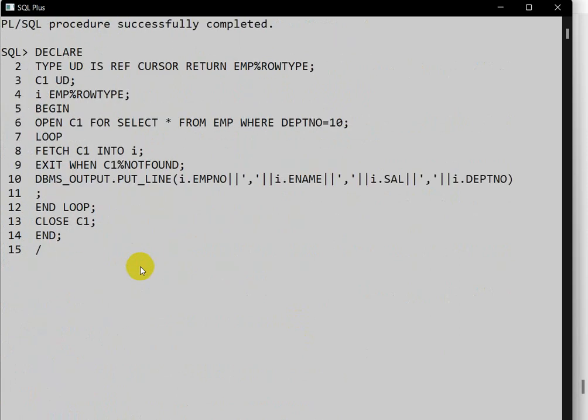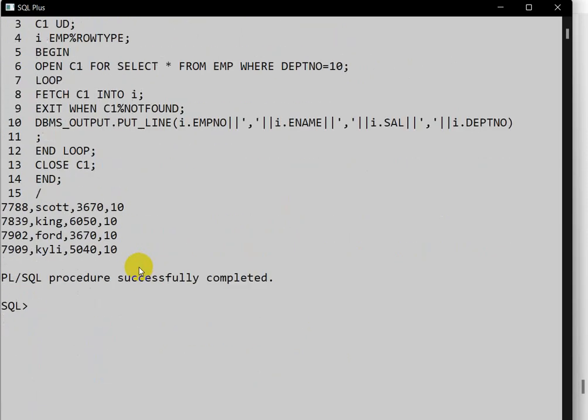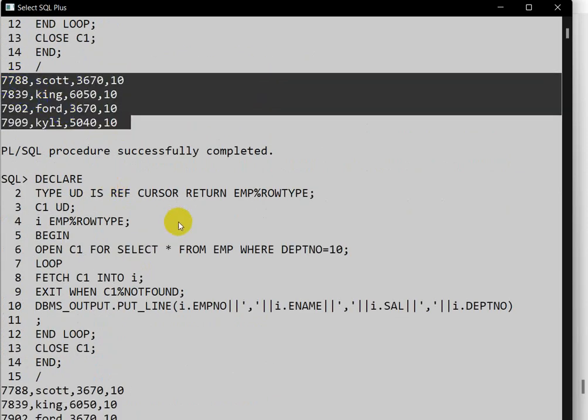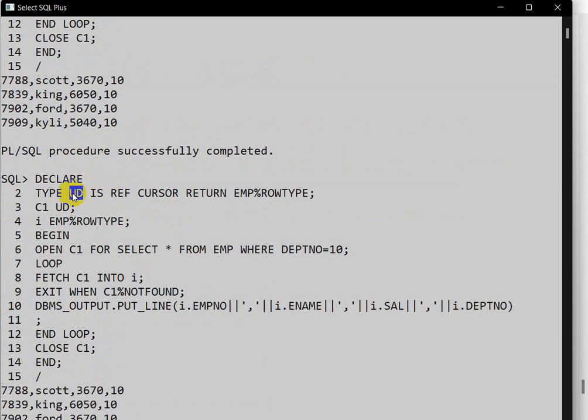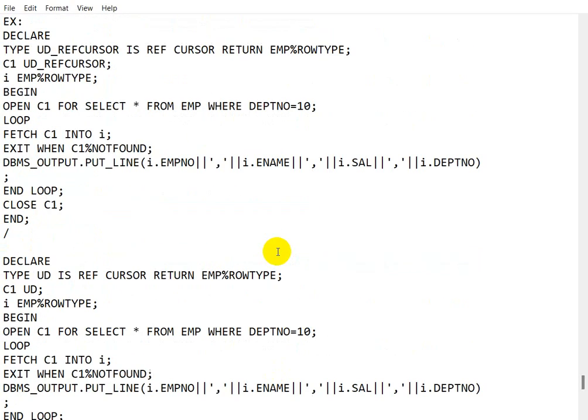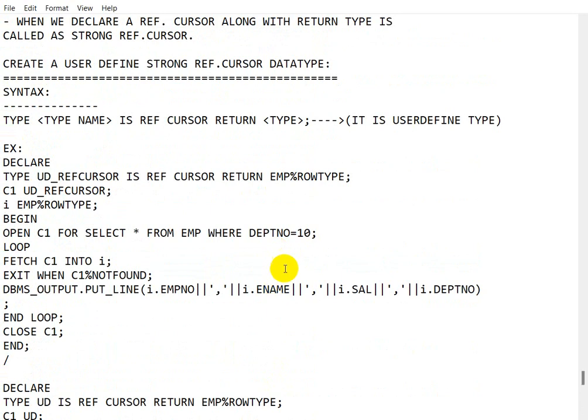If we execute, it will also execute, and here you can see we are getting the same output as in the previous one. So here you can give any name. So this is about strong ref cursor.